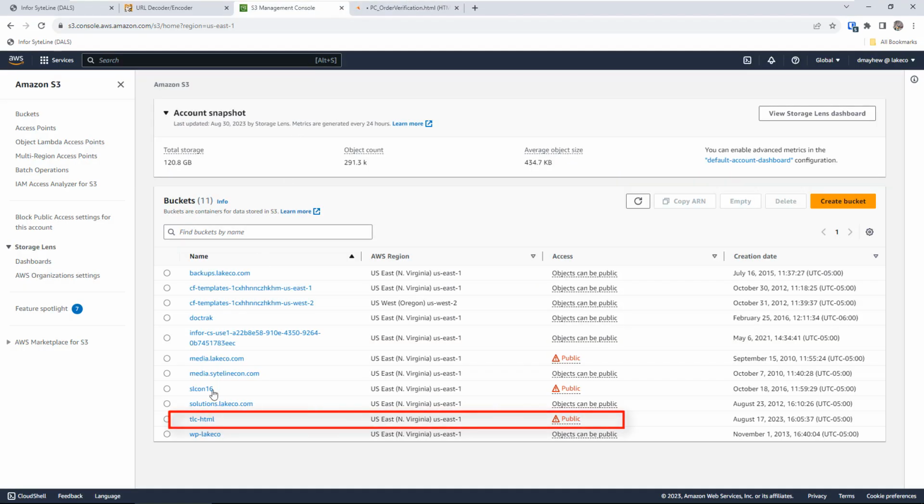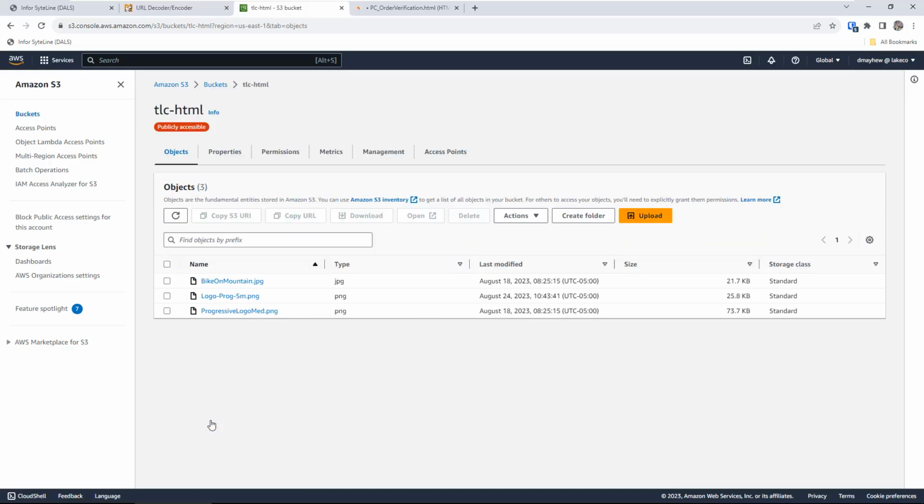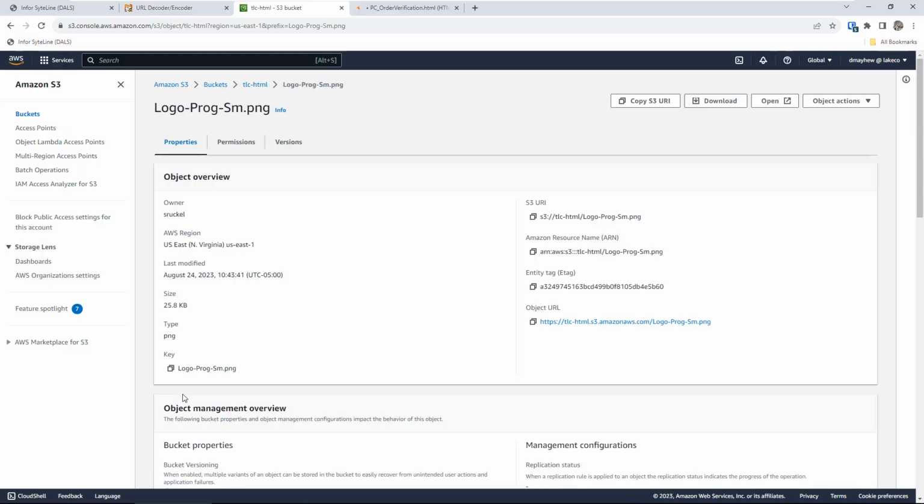Inside this folder is the logo image file. When I select it, I can see information about the file, including the URL for it here.